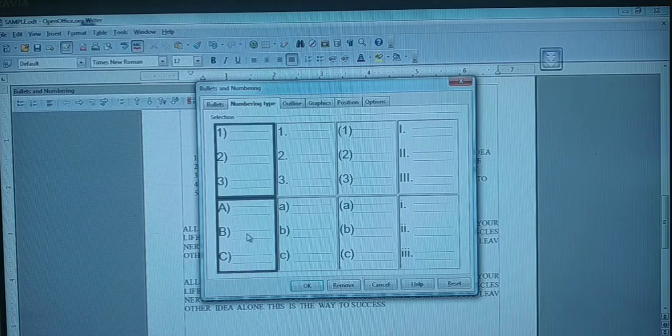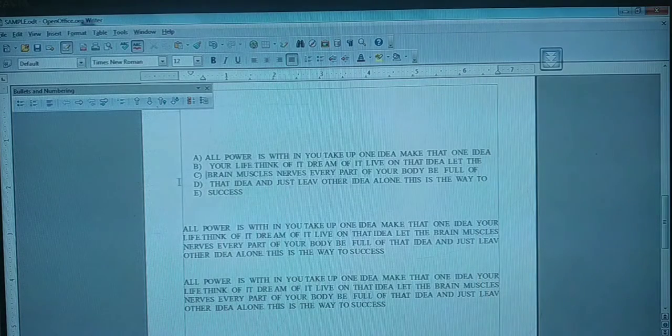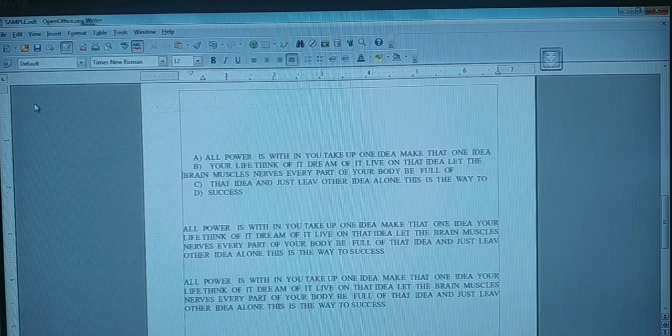I am going to have ABCD. See here, just now it is 1, 2, 3, 4, 5. Now it is A, B, C, D. If again I am willing to change it, you can. To this side you have a toolbar, no? This is your bullets and numbering toolbar. When you are using the bullets, that time alone you will be able to see the bullets and numbering toolbar. So click it here. Whatever else you are willing to apply, you can apply.